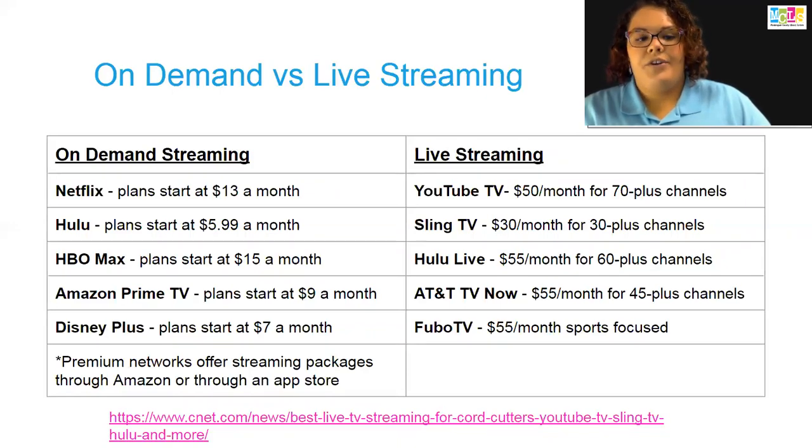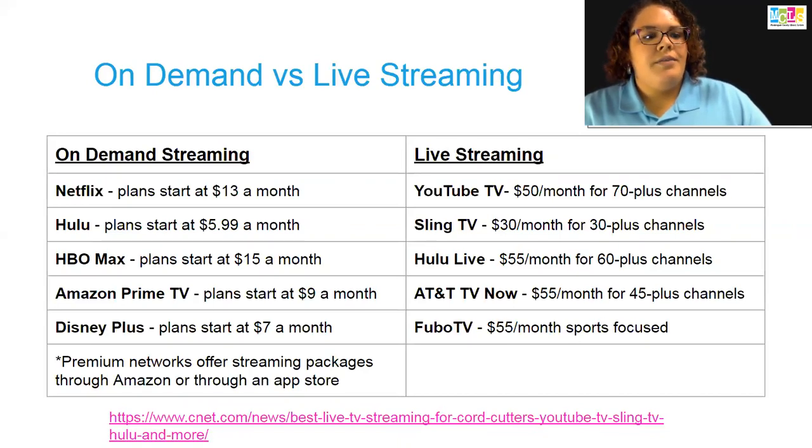So that's another option you want to look for if you want DVR. You want to see if that service has DVR, and CNET will tell you whether it has DVR, what the limitations are on DVR, how many streamers can be watching that platform at one time, because that is limited on some of them as well. So you want to do some research into these.